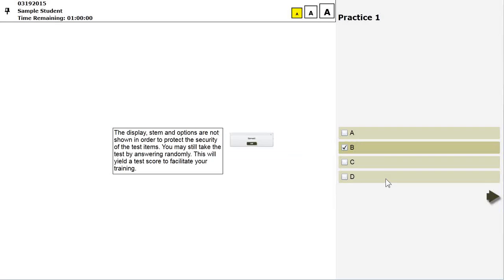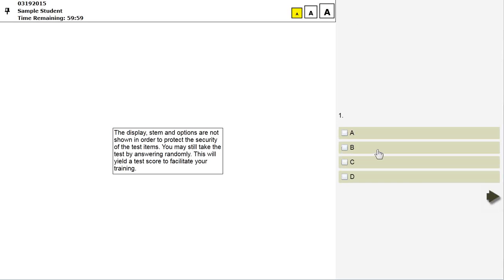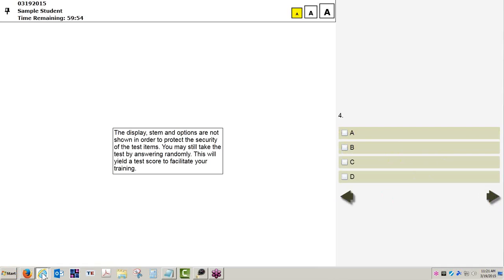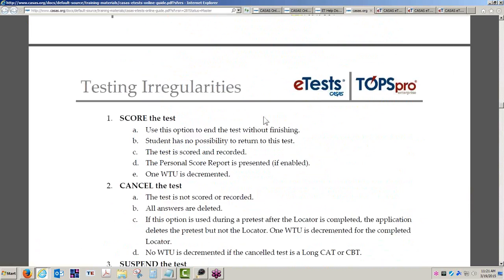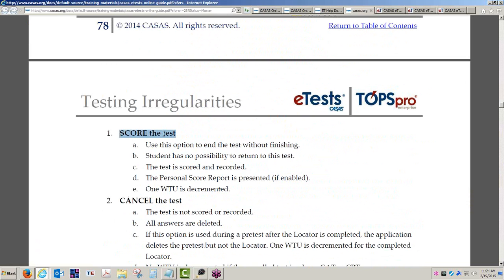Okay, let's get past these here and go into that same exact test. Now the student is in this test. Let me pop back over to this for just a moment. You saw what it was like to score the test from the testing station, and the student was presented with